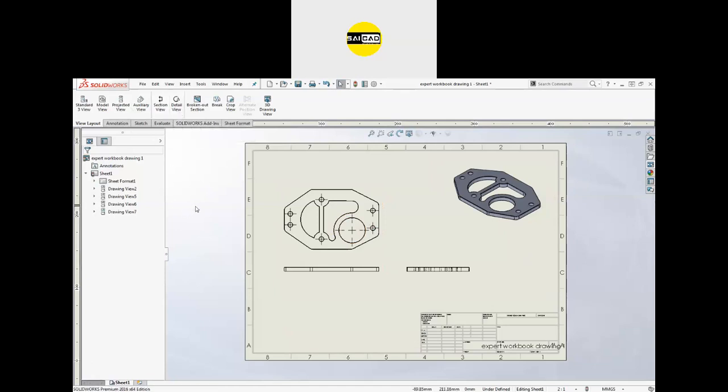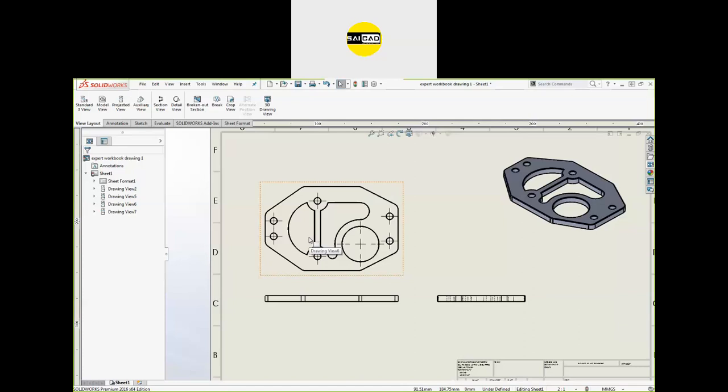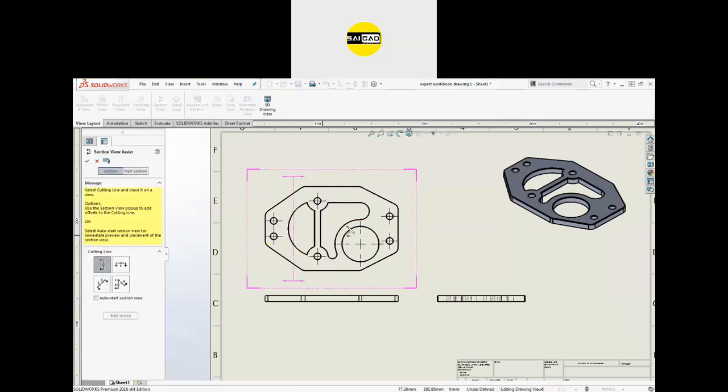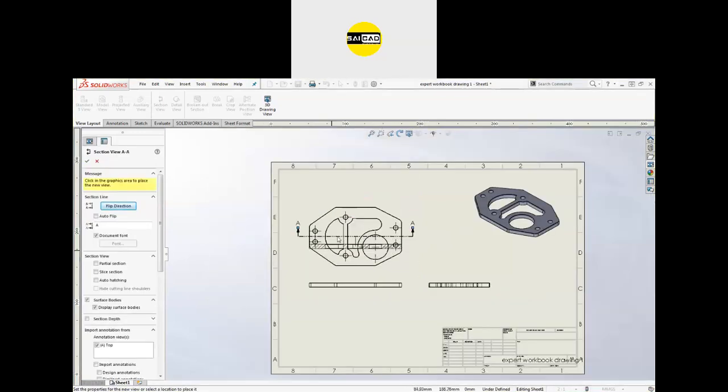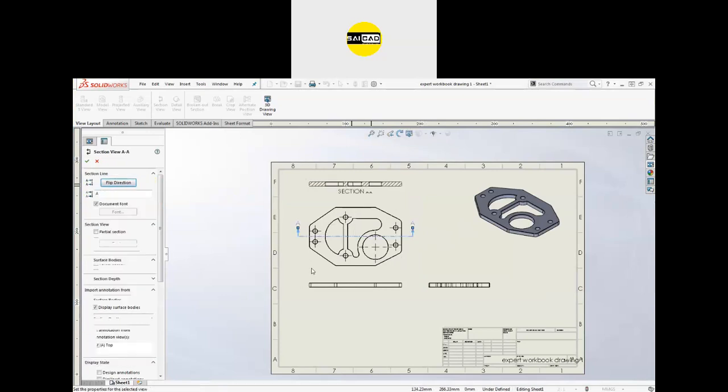So what is the meaning of section? If you want to see any object from inside, you have to create the section view from here. Like I want to check the cut section from here. So go to the section, create the line. You can see this is the vertical line. I need a horizontal one. You can see we have the horizontal line. I want a line from the mid. I want to cut this section from the mid. Click OK. Now you will see we have a section view where you need to place it, and this is the section name.